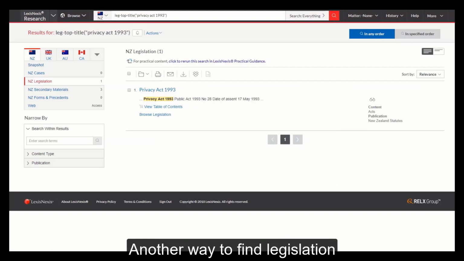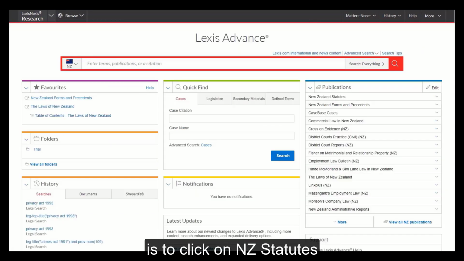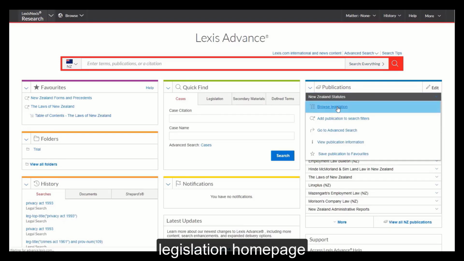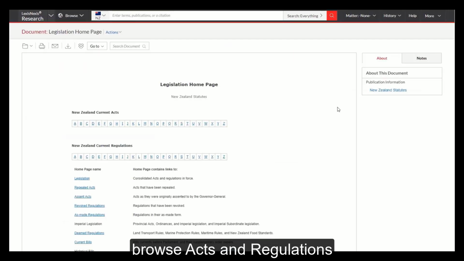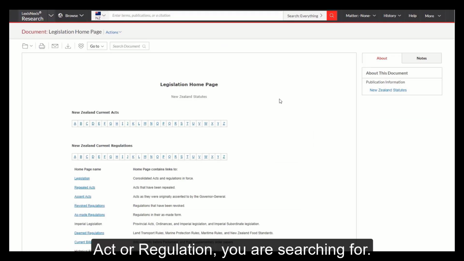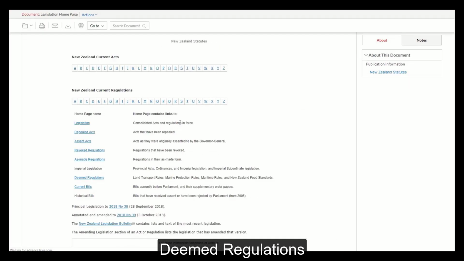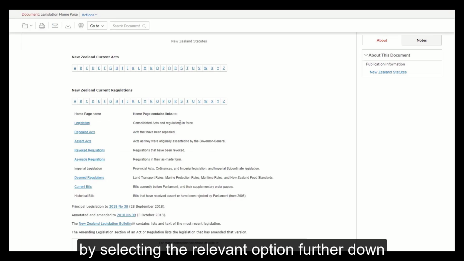Another way to find legislation is to click on New Zealand Statutes in the Publications pod and select Browse Legislation. This will take you to the legislation homepage, where you can browse acts and regulations that are currently in force. Simply click on the first letter of the act or regulation that you are searching for. Alternatively, you can search for repealed acts, revoked regulations, deemed regulations, and more by selecting the relevant option further down